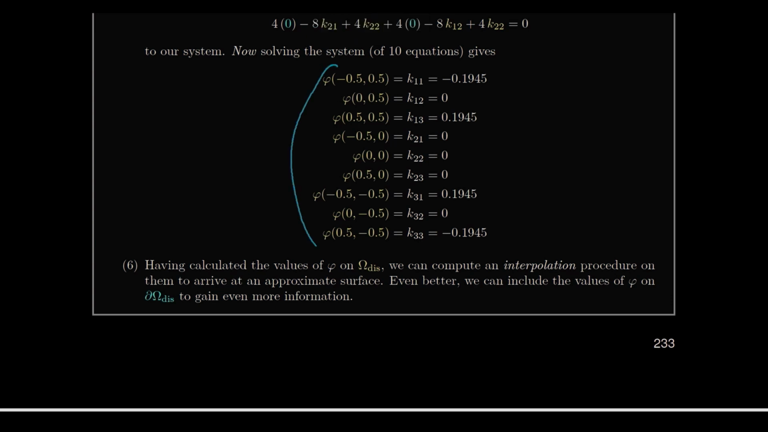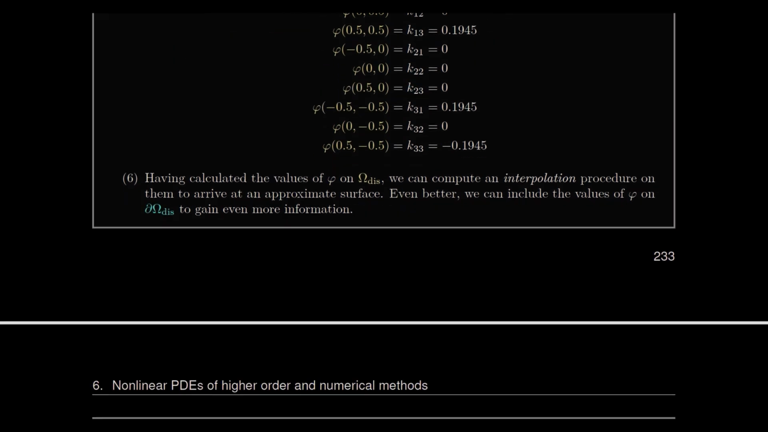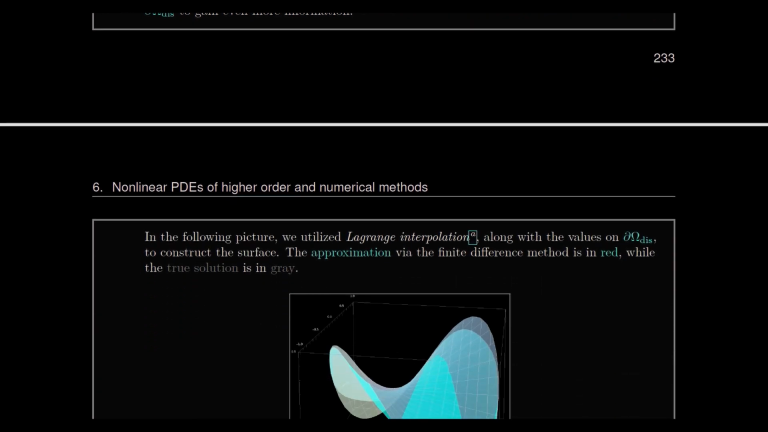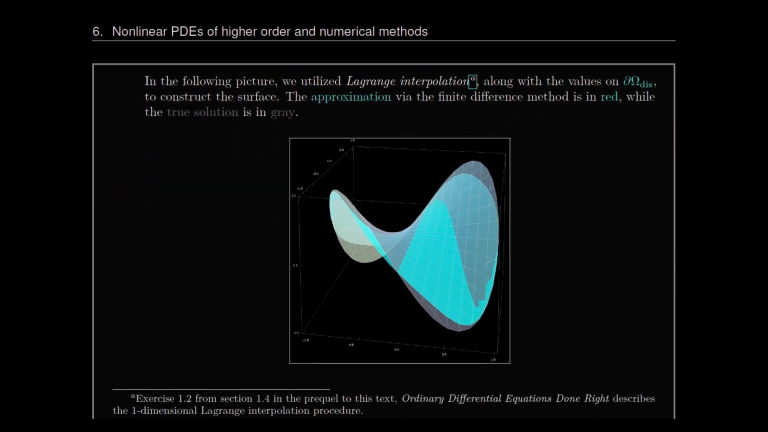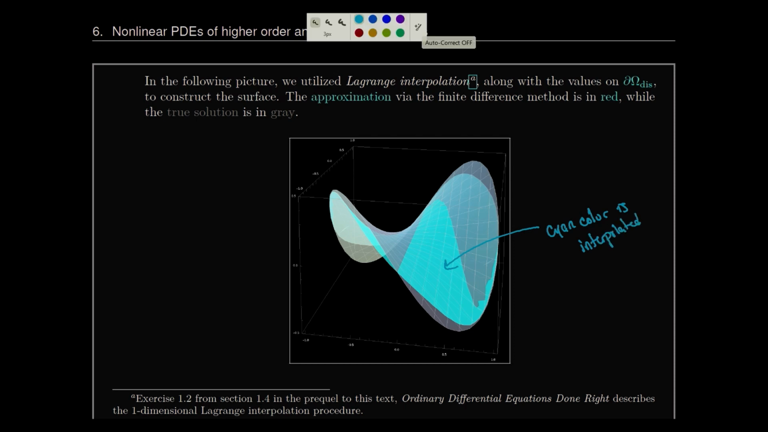So we're basically going to interpolate phi, interpolate these values and the boundary values with some sort of interpolation procedure. And this is always an optional step because some people don't like interpolation procedures. But if we do, then the following in the cyan, so the cyan color is interpolated, and the gray